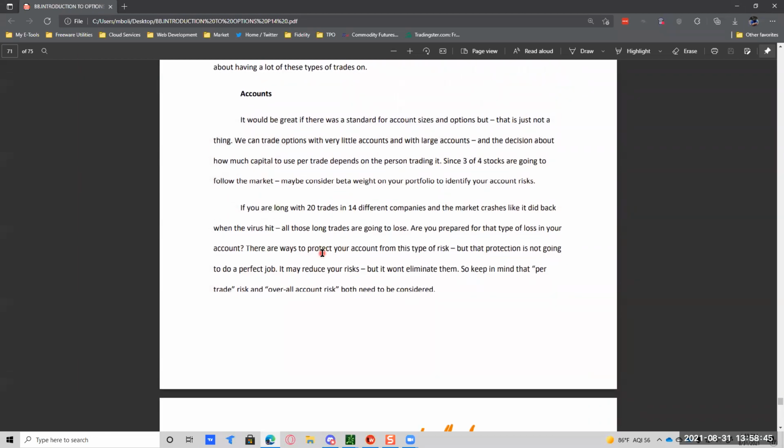When it comes to thinking about account sizes, there really is no sweet spot. I've heard numbers bandied about by some pretty good sized names. Options Alpha, for an example, says that a quote small account is somewhere between $3,000 to $5,000. I don't think I necessarily agree with that statement, because that would mean anything less than that would be considered like a micro account. Either way,